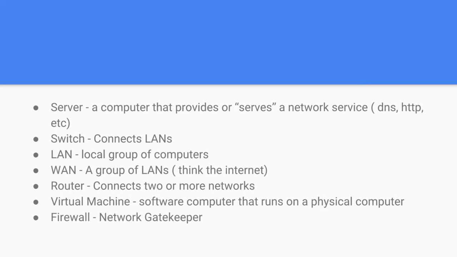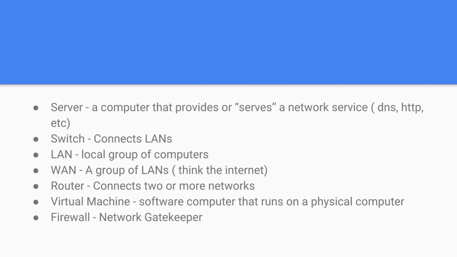You can have a router that will connect your 192.168.1.0 network in your house to your 192.168.2.0 network in your basement, if that's your home office or something similar. Again, overly simplified, but just think of a router as a way to connect two or more networks, including as big as the internet.